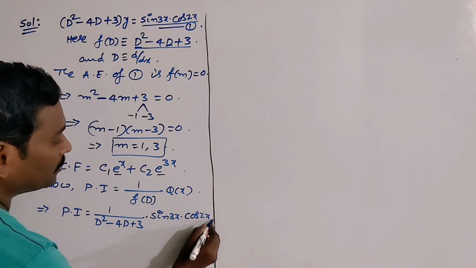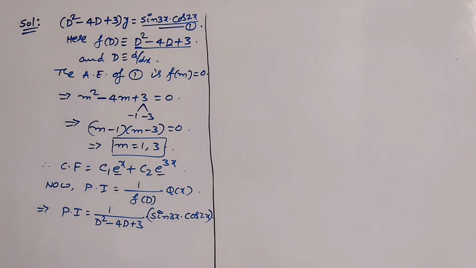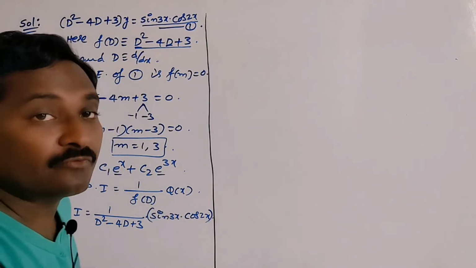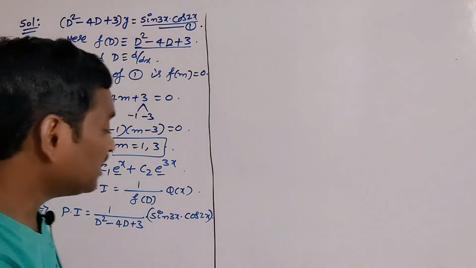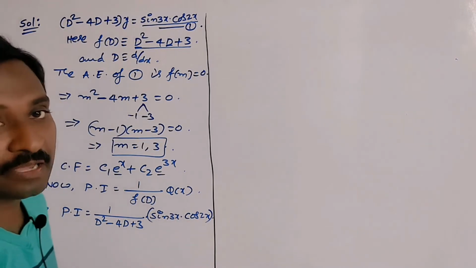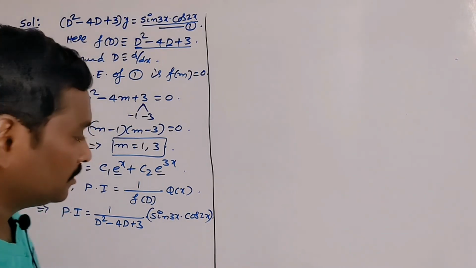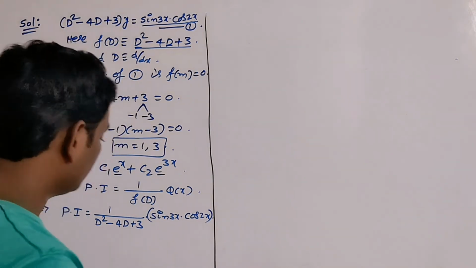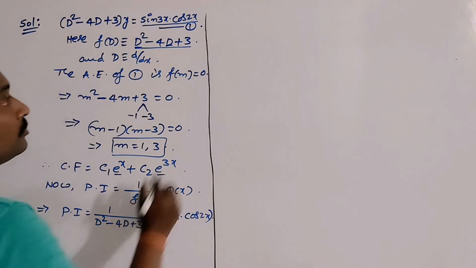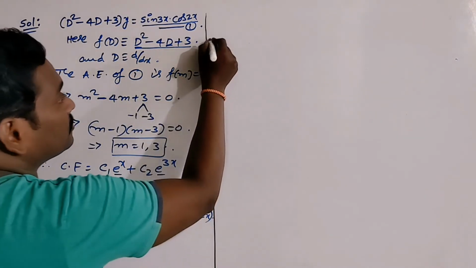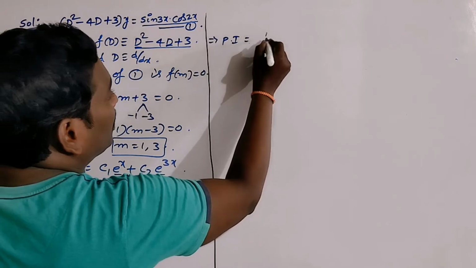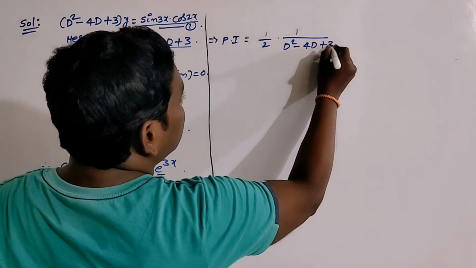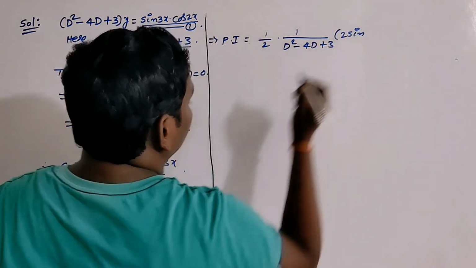Suppose these two trigonometric functions are in addition, otherwise subtraction, we can easily separate the terms. Whenever two terms are in product, we can't separate the parts in PI. So here I will use the trigonometric transformation formula. So multiply with 2 and divide with 2 first. So PI is equal to 1 by 2 into 1 by D squared minus 4D plus 3 into 2 sin